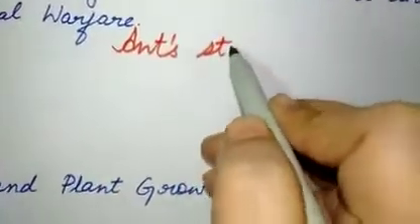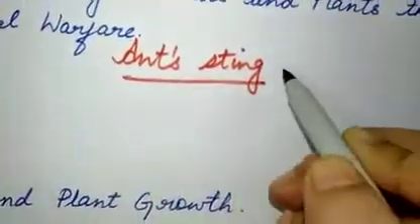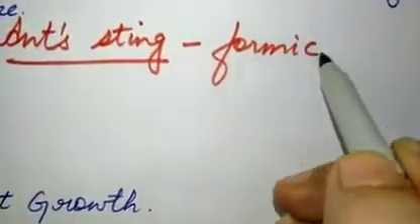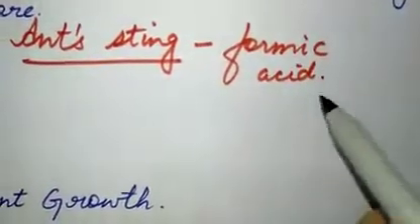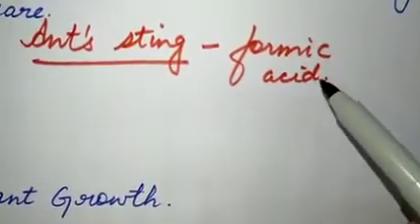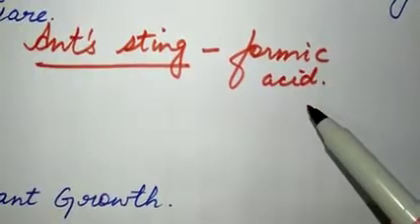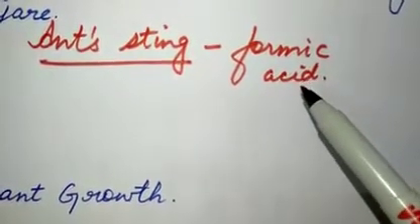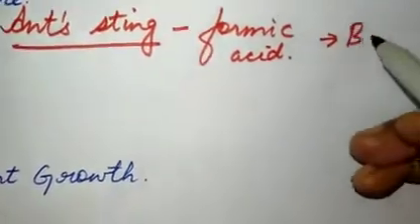Ants sting. If an ant bites you, the ant sting is acidic in nature and it contains formic acid. This formic acid is produced, and naturally this will cause irritation and pain. To neutralize the effect of this formic acid produced by the ant sting, we can use baking soda